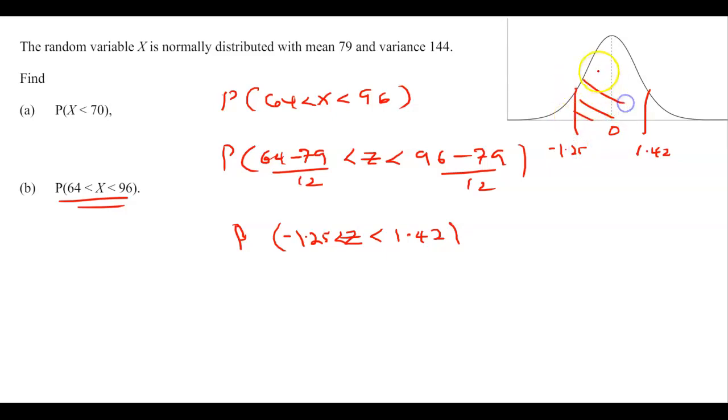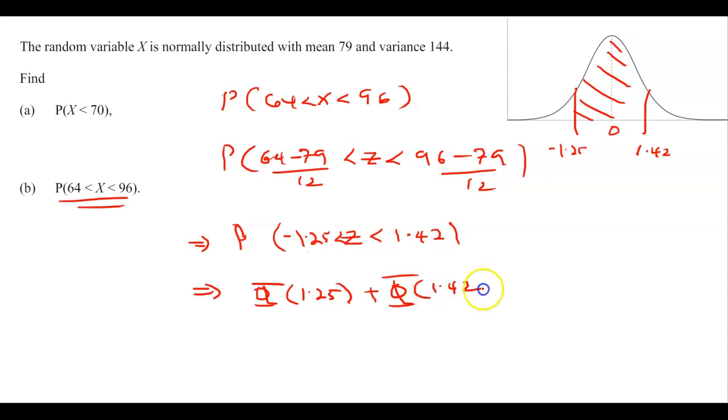Now, if this is the kind of probability that you have, we have a rule over here. All we need to do with this rule, you just need to find the phi of the positive one. You just need to find the phi, that's the probability of 1.25, and then you add the probability of 1.42, and then you subtract what? You subtract 1. That means you have the 1.25 from the table, you find it at 0.8944, and then the 1.42, you find it at 0.9222, and then subtract 1,